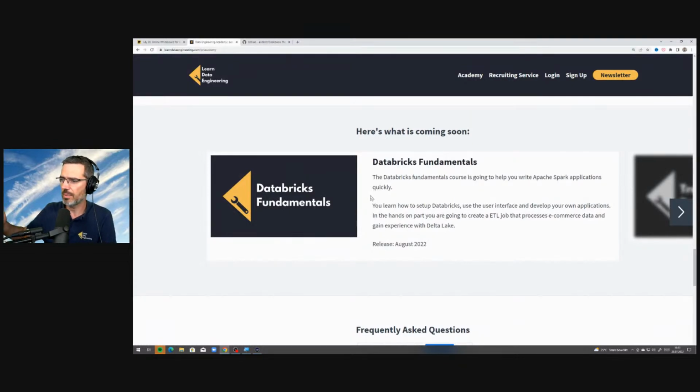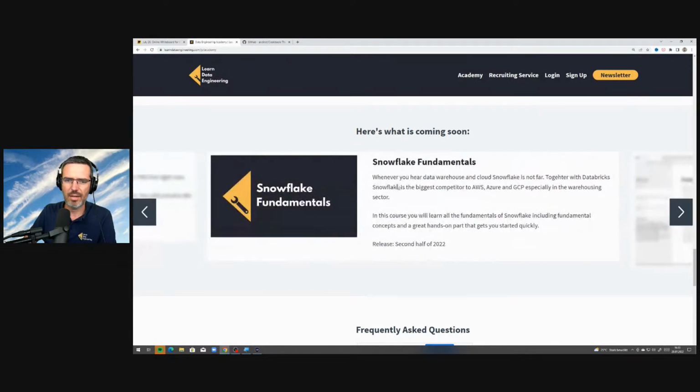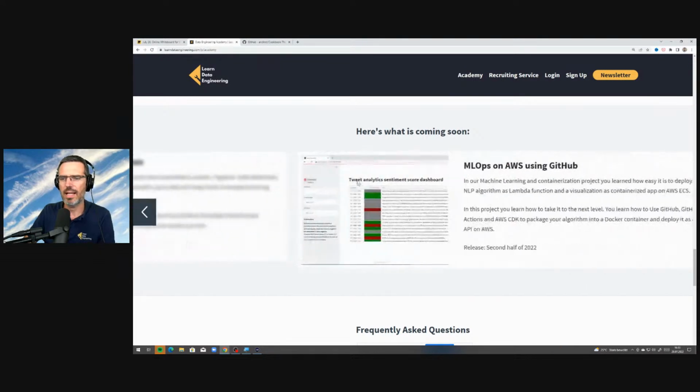With Databricks, you can work with data or combine data from GCP, from Azure, from AWS with each other. Then we're going to do a DBT course, and after that, a Snowflake course, and then that ML Ops course that I keep putting off.